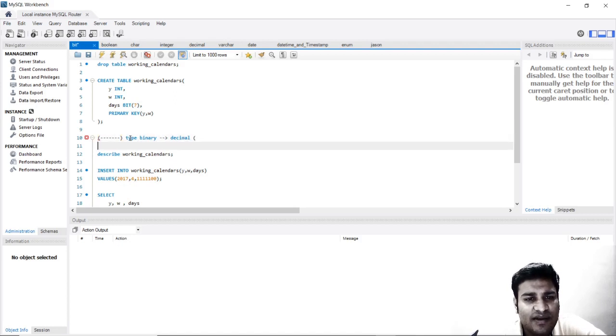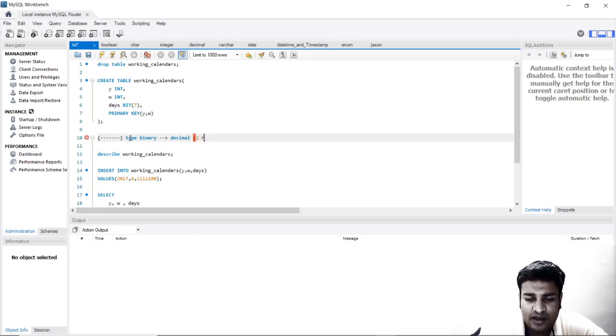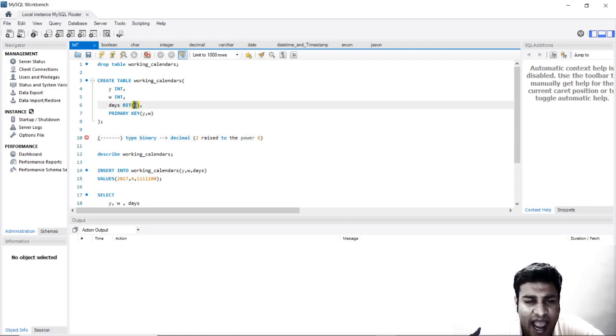So when we say that we are talking about 7 digits, it will be 2 raised to the power 6: 0, 1, 2, 3, 4, 5, 6. So it will be 2 raised to 6, which will be the maximum value it can have. Again, this particular number, if we treat it as n, can vary from 1 to 64.